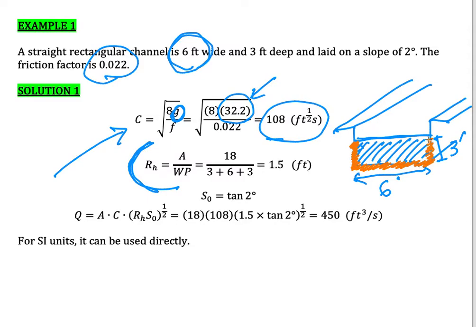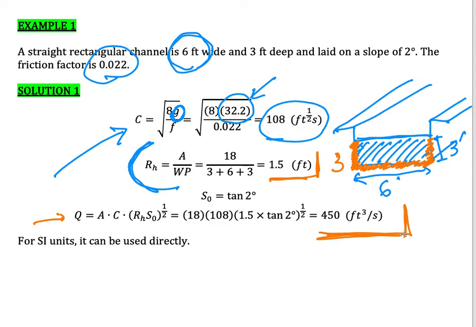So it is 3 plus 6 plus 3, so we have 12 here. Then we get a hydraulic radius of 1.5 feet. Then tangent 2 degrees, we could calculate from our calculator. We substitute into the equation and the flow rate is around 450